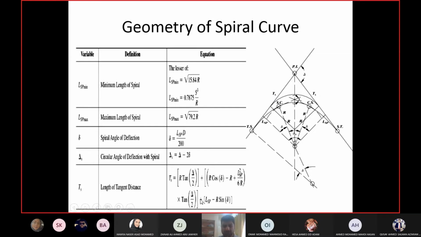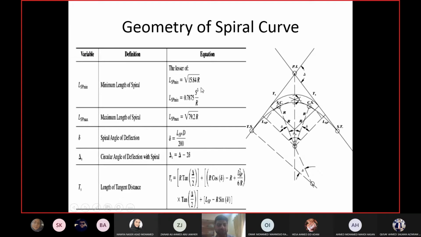So I will use this equation now. In this equation I have R, which I already know; you have calculated it. I have delta, which is given in the question, 38 degrees. Now I need a small delta as well, which I don't have. If I go to the equation of small delta, then I need d, the degree of the curve given, and I need LSP, the length of the spiral curve, which I haven't calculated yet. So first of all, I have to calculate LSP.